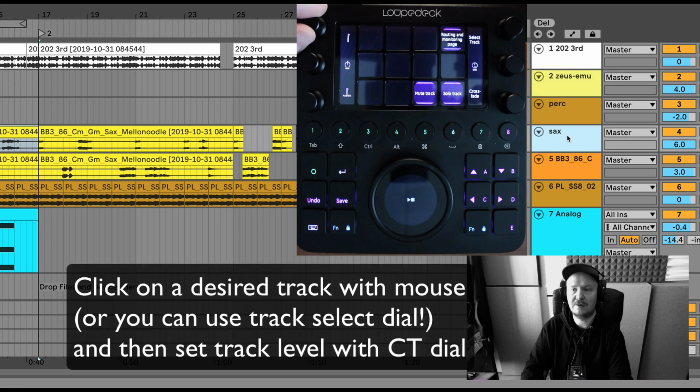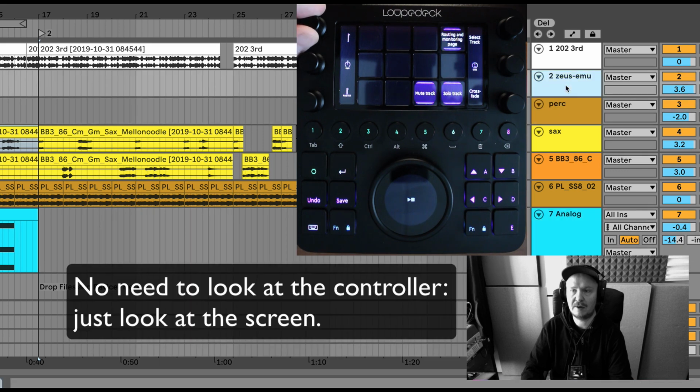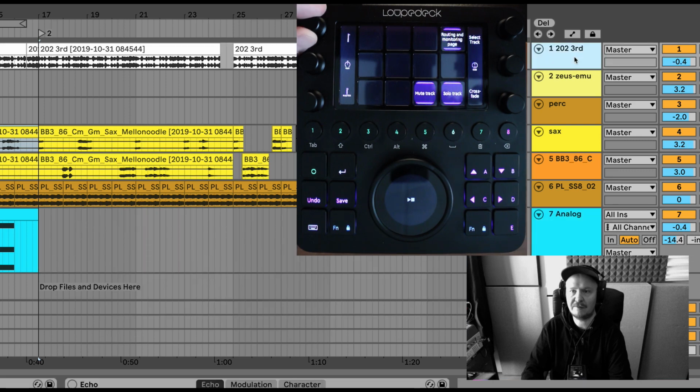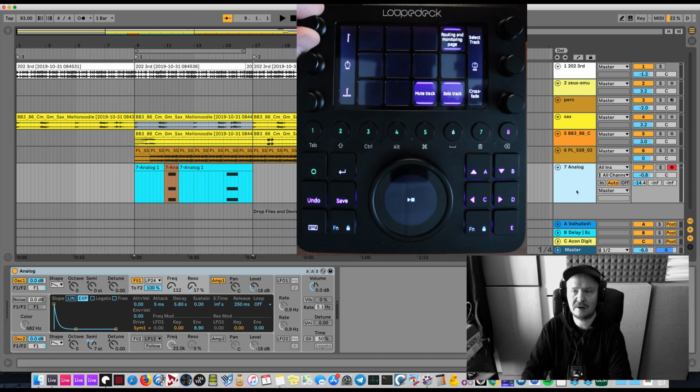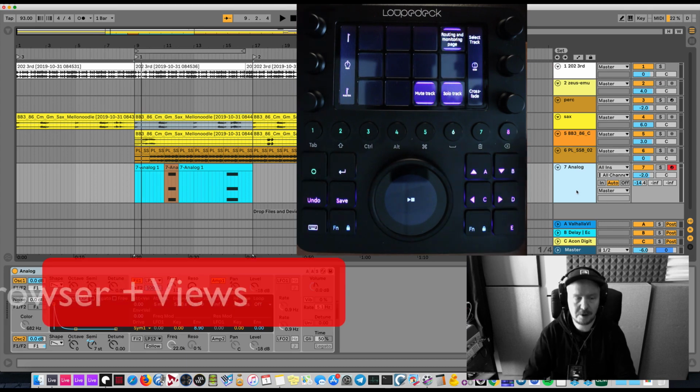So you click on a track, and the other hand is on the CT, adjusting the levels. This is one thing that I do a lot in my work. So this is not clunky at all. I could use a mouse, but honestly, I do find this faster. I'll literally select the track and set the level. So one last thing,